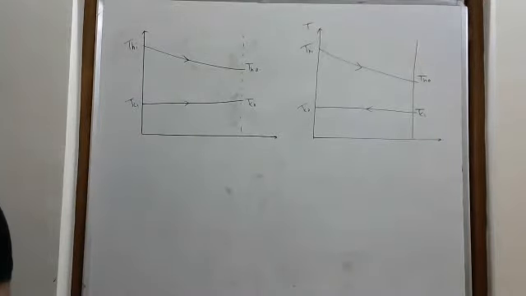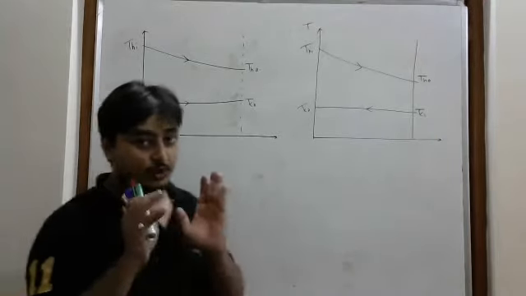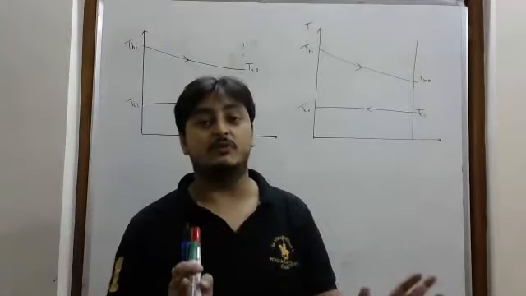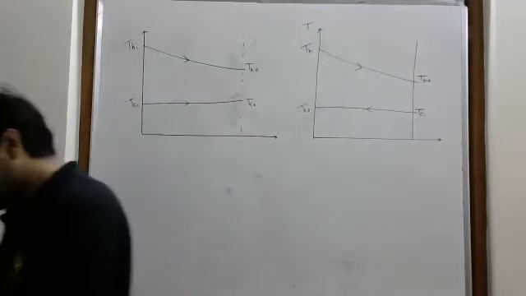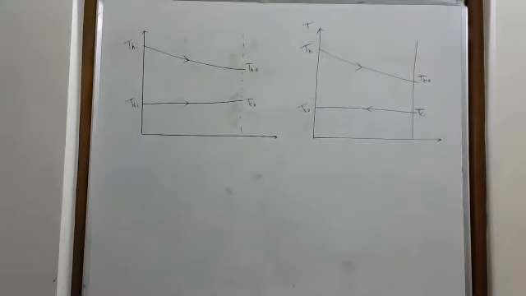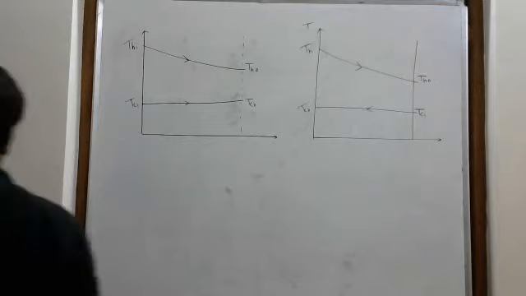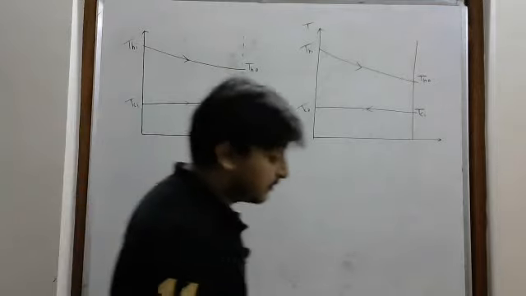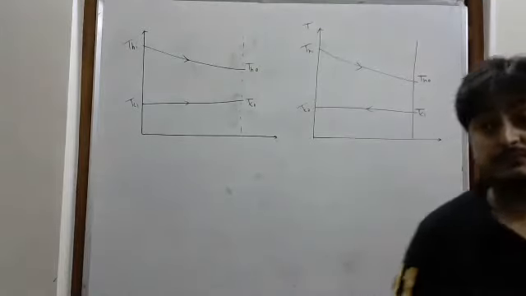This is the diagram I have made. Is it for a boiler, condenser or evaporator? Just think and tell me. Apply your mind. What is happening in the case of a boiler, what is happening in the case of a condenser, and what is happening in the case of an evaporator? What is the work?